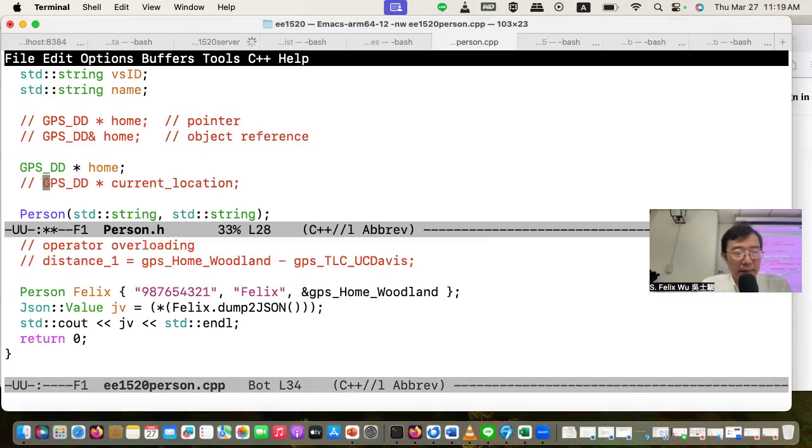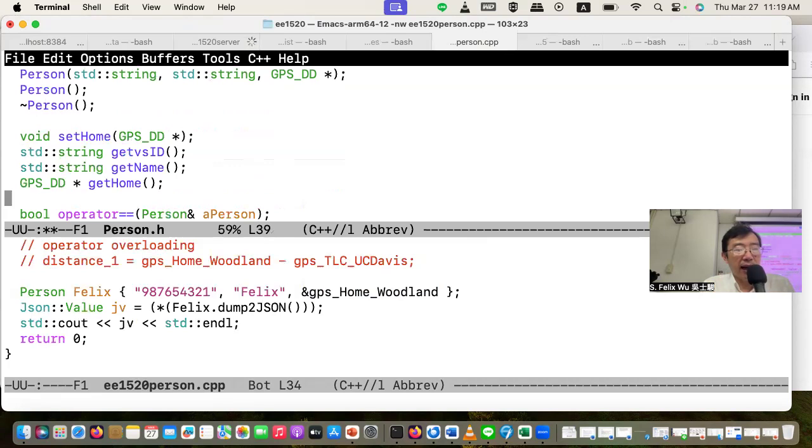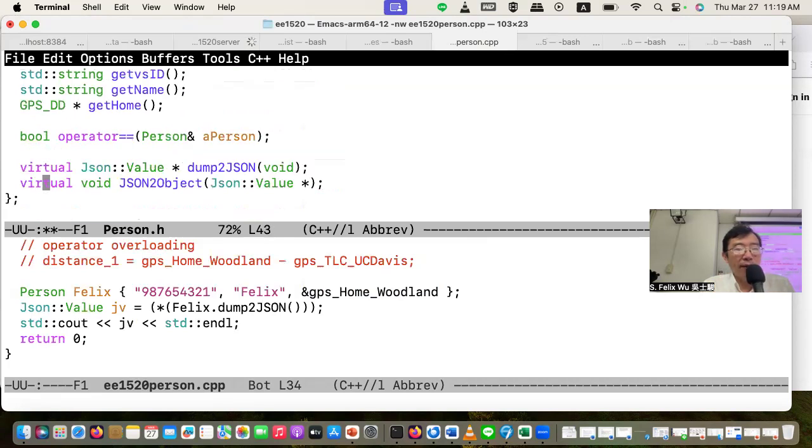Then I have the constructor, which takes the string and the GPS location. And then I have one function called dump to JSON. What's the function prototype? At this moment, you don't need to worry about virtual. You worry about the return type.